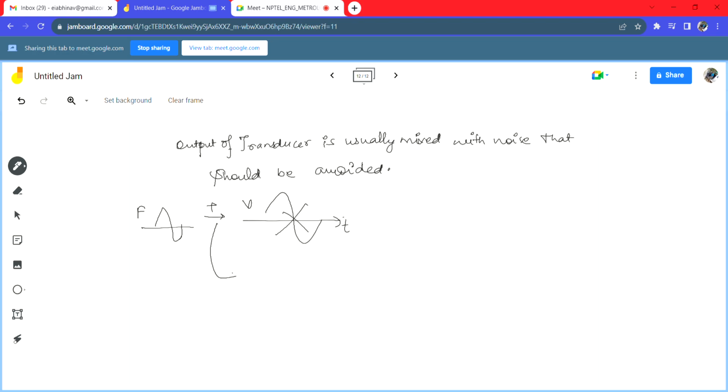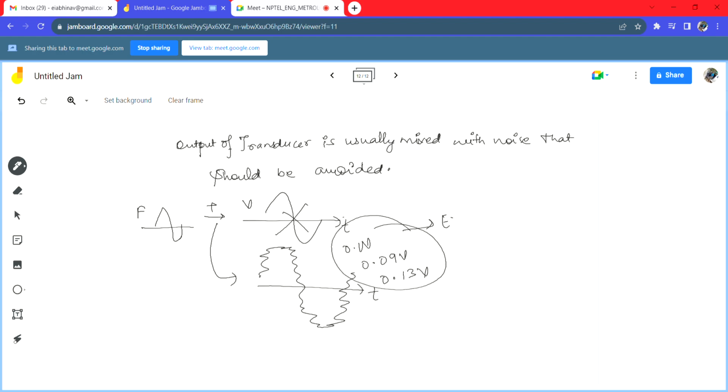The output of the transducer is always mixed with noises, so we would get a variation like this, and we will not be able to make out exactly what this value is. Is this 0.1 volts, or is it 0.09 volts, or is it 0.13 volts, whatever it is. So we will always have errors,